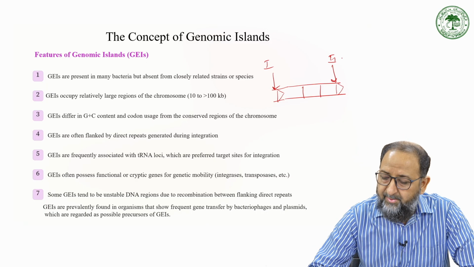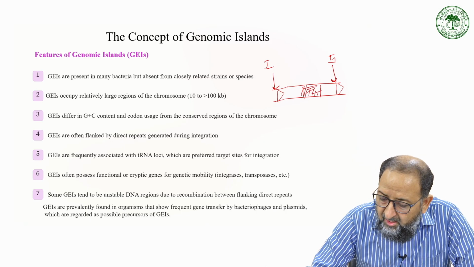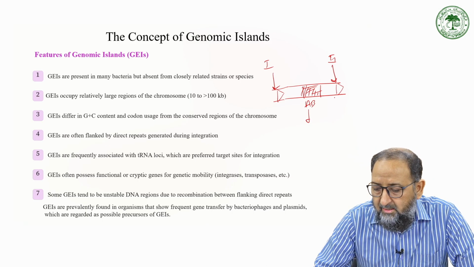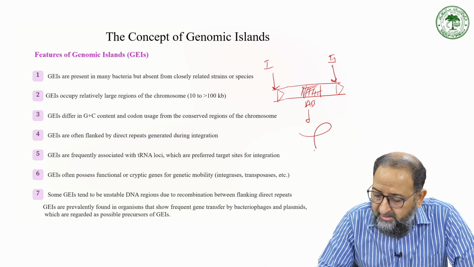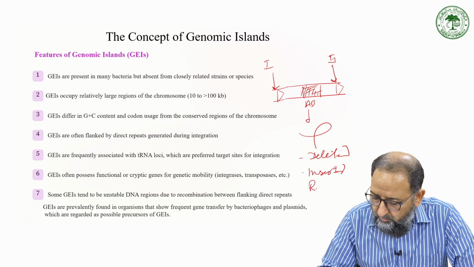Now this gene is flanked by these direct repeats. For example, this gene ABG. Now this AB gene, when it is flanked by direct repeat, it can be either deleted or inserted through